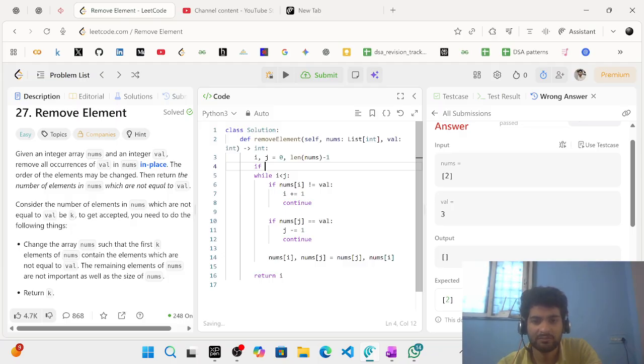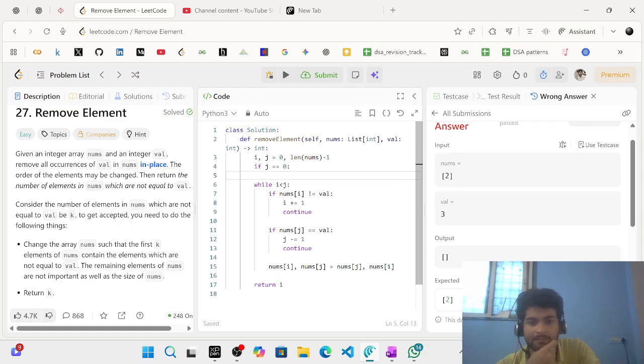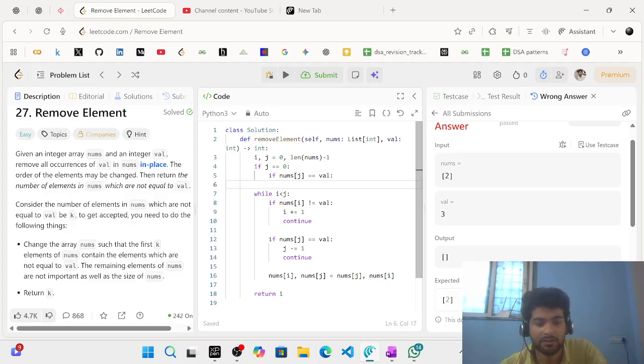If j equals 0, like, if nums of j equals val, अगर वो val के बराबर हुआ तो मुझे रिटर्न कर दो एम्प्टी लिस्ट, एल्स मेरे को रिटर्न करो